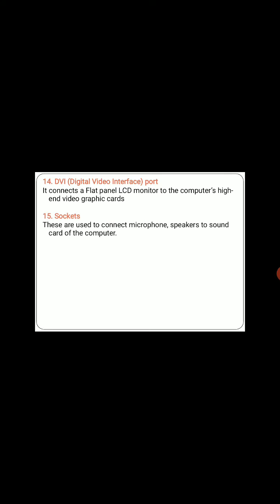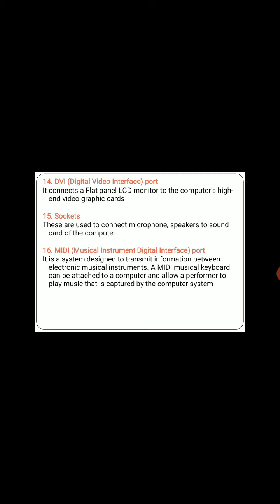In present days, everyone is using computers for recording songs, or remixing songs also. Musical instruments have keyboards, like the piano and other musical keyboards also.